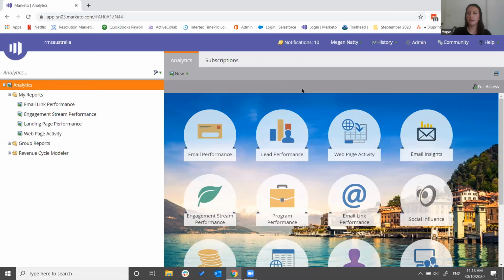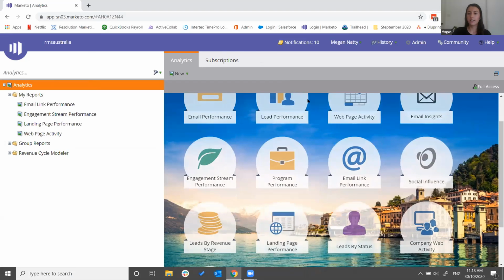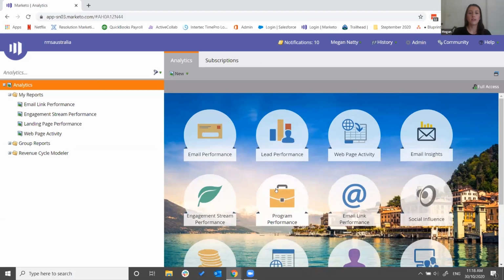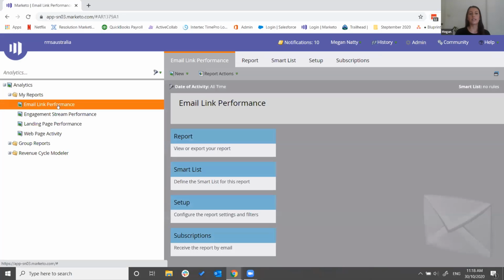Okay, so much like we just saw on the slides, these are the different report types that we have available in our Marketo instance. The first one we're going to take a look at is the email link performance report. This one goes hand in hand with the email performance report we've just created, but now we're creating a global version of the email link performance to compare the link activity across all different